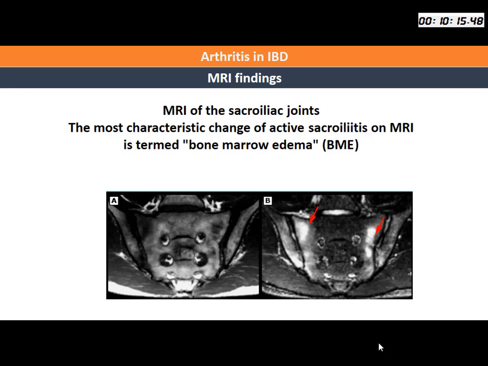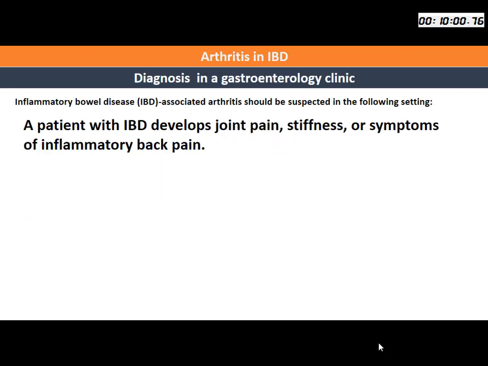Like here on the right side, this is a T2 weighted image. The bright color, this is water, this is osteitis, this is bone marrow edema, and this is a typical sacroiliitis. Diagnosis: in a gastroenterology clinic, if you have a patient with IBD and he develops joint pain and stiffness or symptoms of inflammatory back pain,